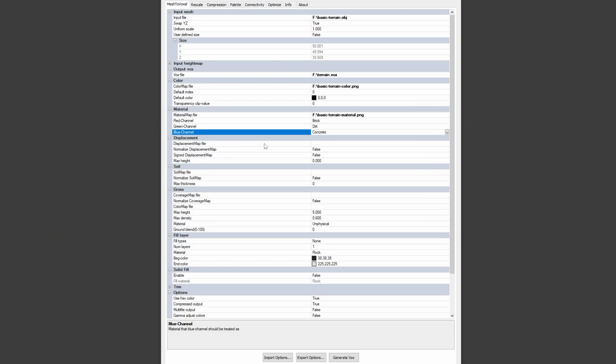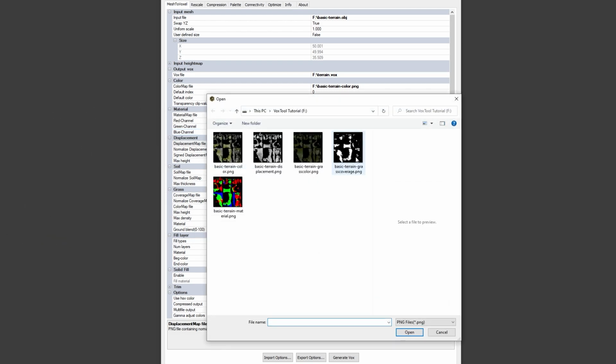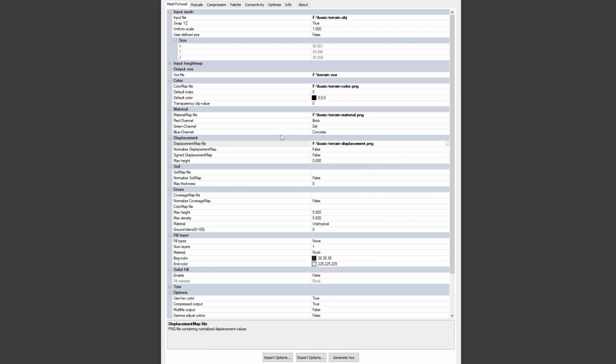Next up is the displacement map. I'm choosing it here. And we have a couple of parameters here. The first is to normalize the displacement map. This is for when you bake out a displacement map and it is not fully utilizing the full range between complete black and complete white.